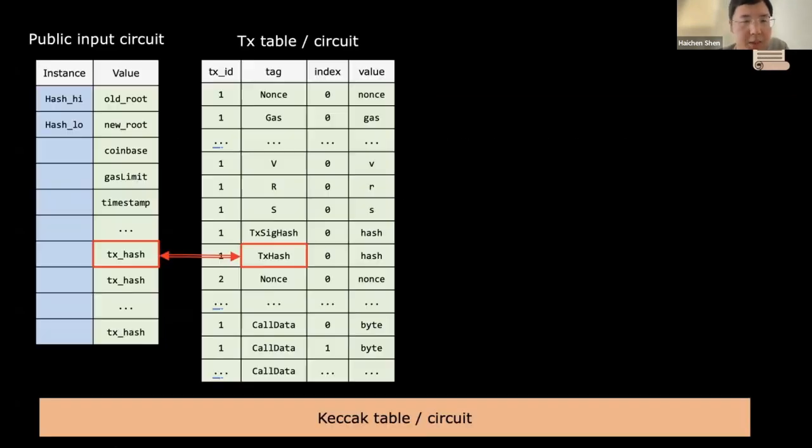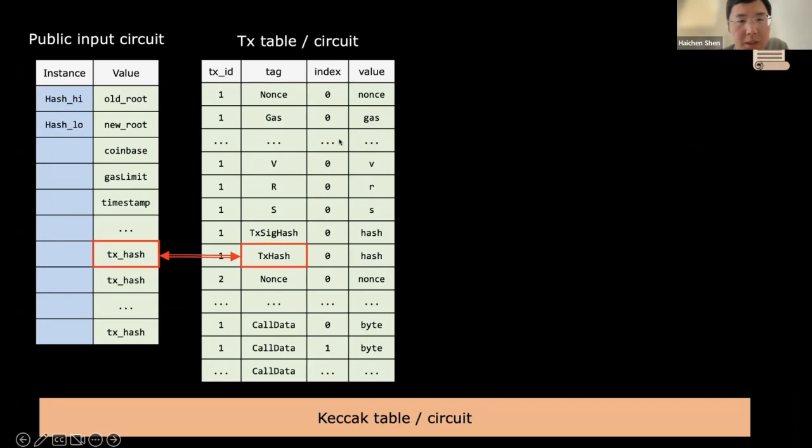Then the second thing is we only import the transaction hash you have from the public input circuit. Now we need to prove the next thing, from the transaction table to the transaction circuit. You need to prove the transaction hash is actually calculated by using all of the fields you have inside your transaction